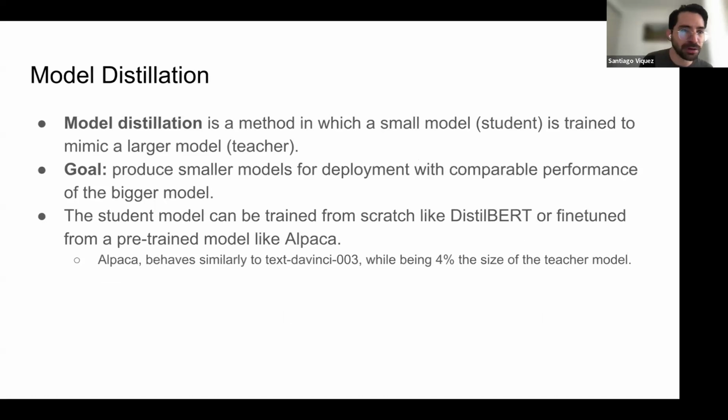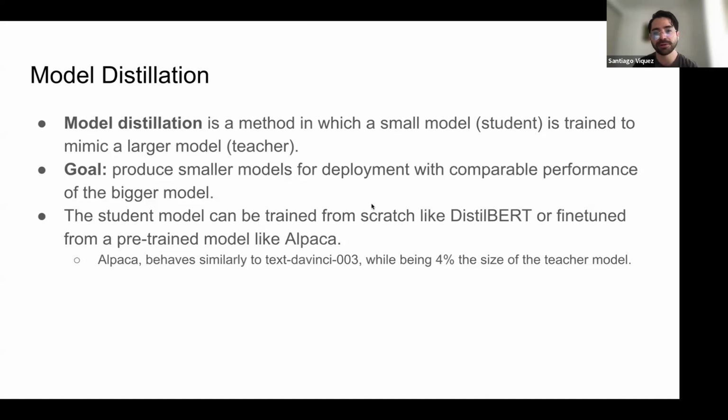Then, about model distillation. As we were saying, the idea here is to have a smaller model, often called a student, that is trained to mimic a larger model. And why do we want to do this? Basically, to produce smaller models for deployment that have comparable performance to the bigger model.